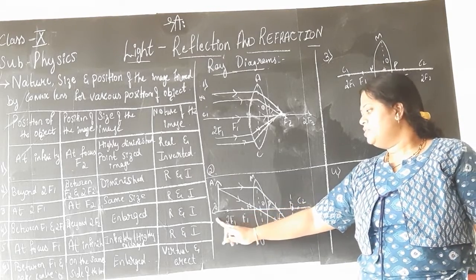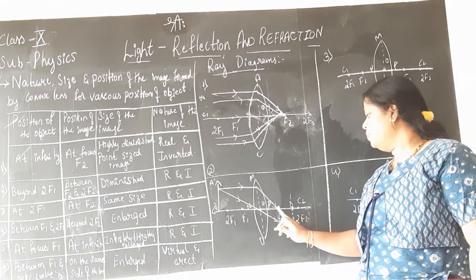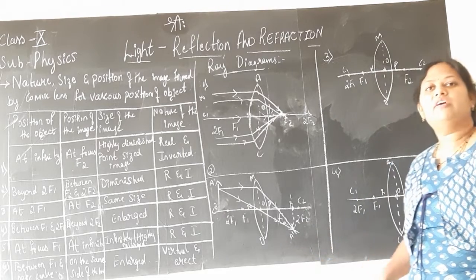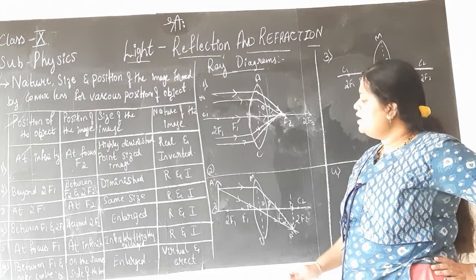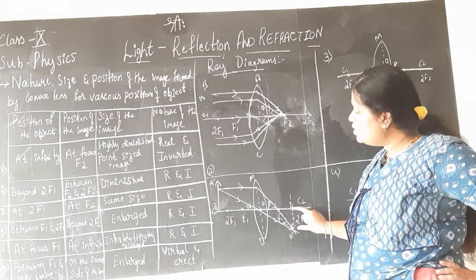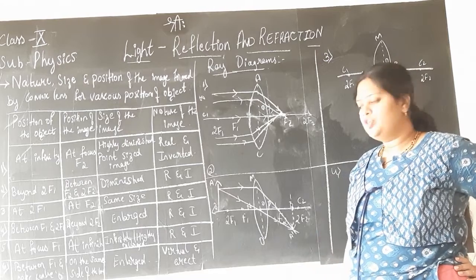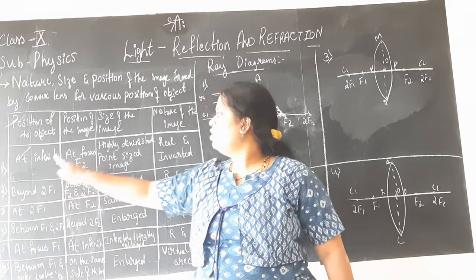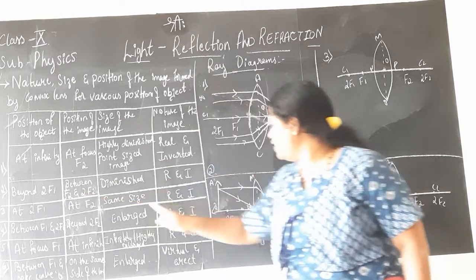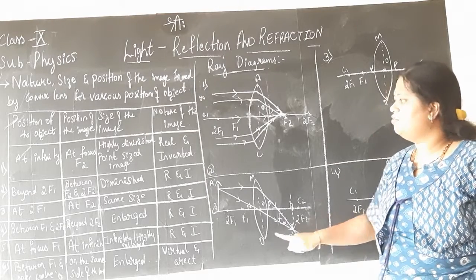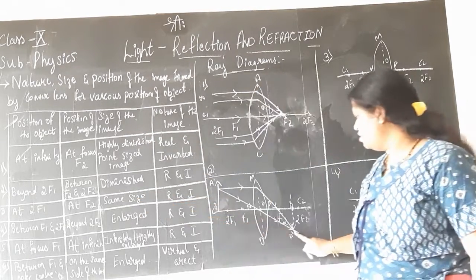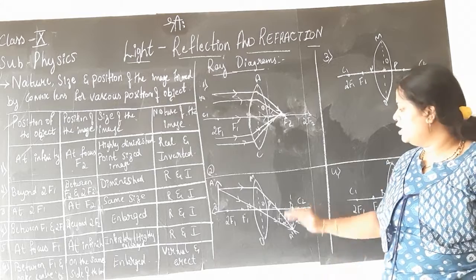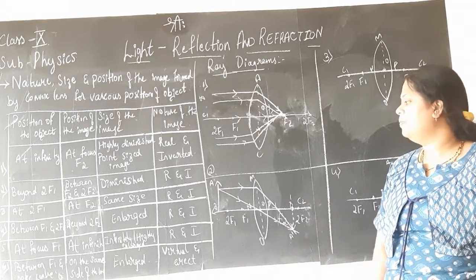When the object is placed beyond 2F1, the image is formed between F2 and 2F2. The image is inverted, that is, a real image. Inverted images are always real. And the size of the image is small or diminished when compared to the size of the object. Now correct, we will verify here. The position of the object is beyond 2F1, the position of the image is between F2 and 2F2, see, between F2 and 2F2. Size of the image is diminished. Of course it is a diminished image. Nature is real and inverted image. Inverted images are always real. This is about the